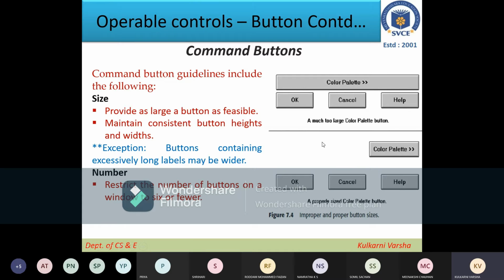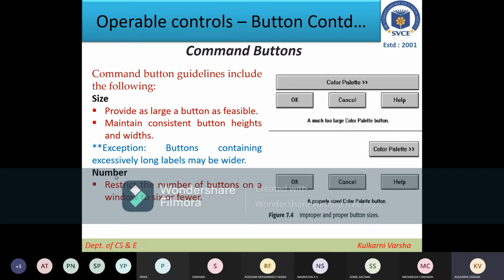And here also they have shown that, instead of just adjusting the look, for this color palette they have taken the width of the color palette as big as these three buttons can be covered. But instead of that, it is better to show it like this, where you have a color palette. And what this double triangle stands for, that also we'll see later.